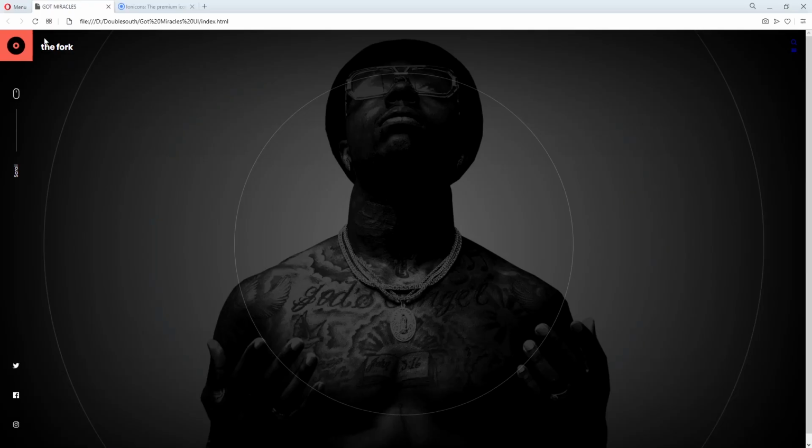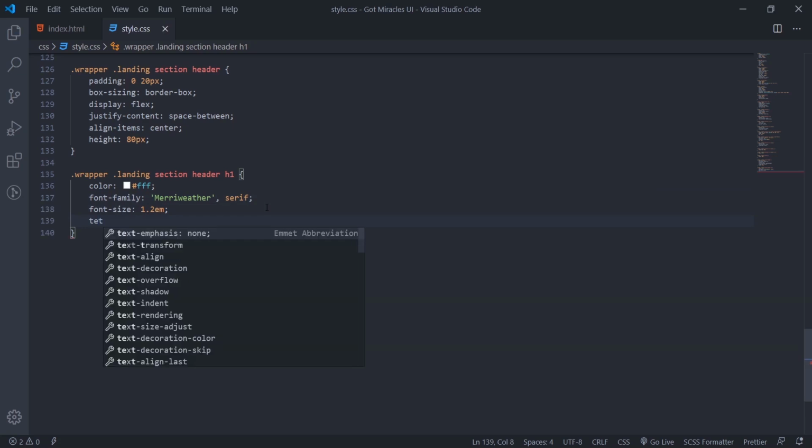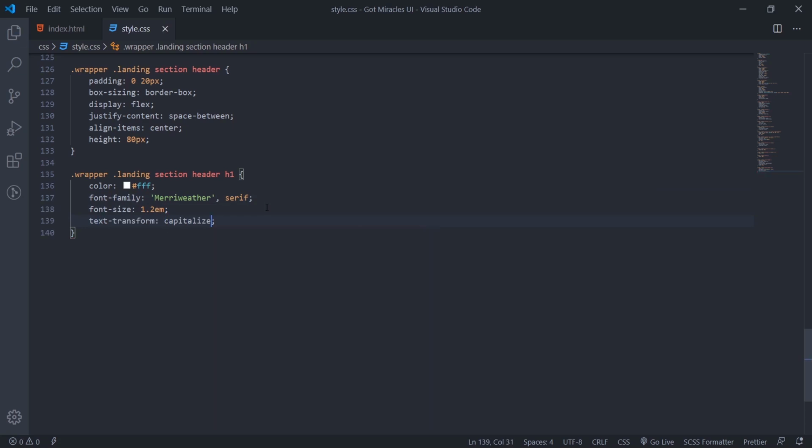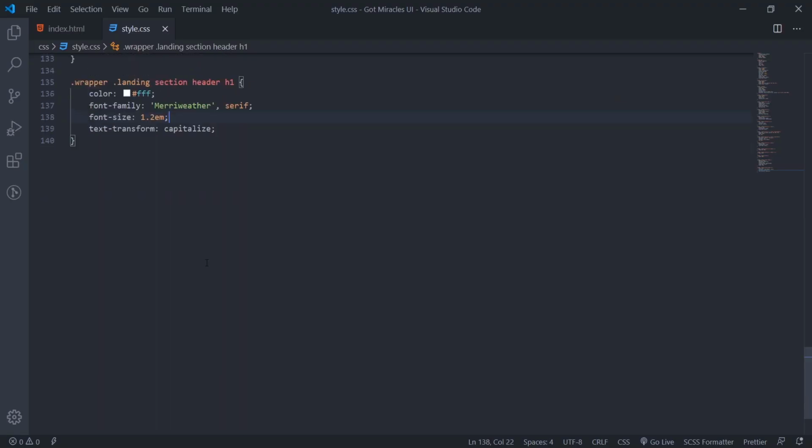So if we go back and refresh, okay, then we set text transform to capitalize, so capitalize the first letter of each word. That's set now.